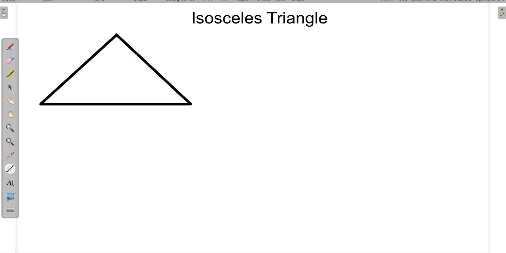Now here I am talking about the isosceles triangle. In an isosceles triangle two sides are equal. So suppose that here I am marking the isosceles triangle, this is the vertex A, B and C. Here two sides are equal. Suppose that side AB is equal to side AC. So I mark here AB is equal to AC. In an isosceles triangle these are the base angles, this and this are the two base angles.